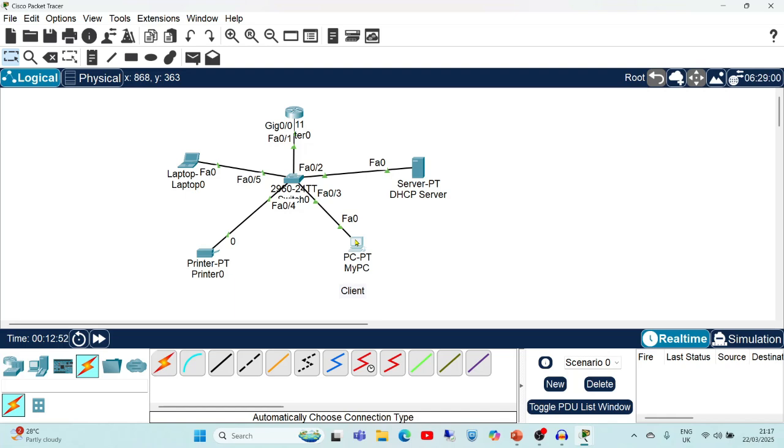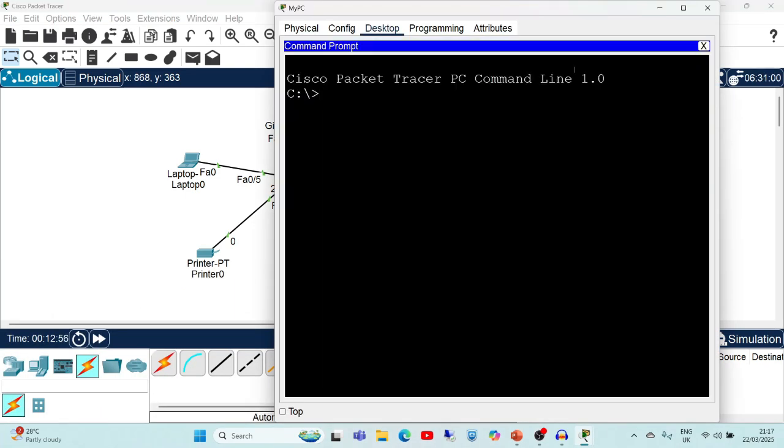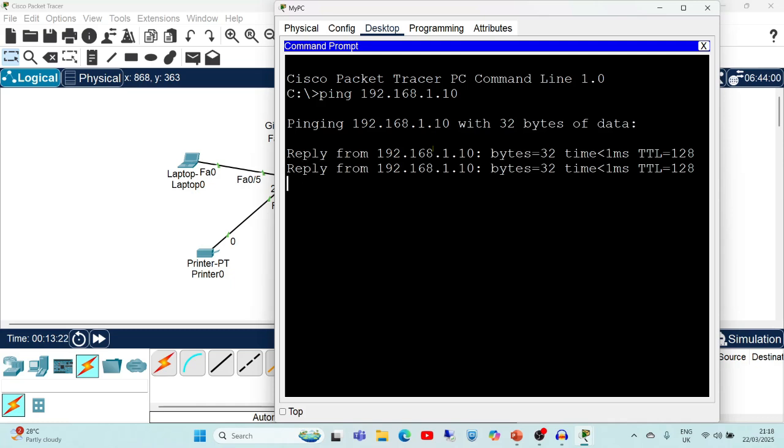So I will select this PC, double click on this PC, select the command prompt option and use the command ping, which is used to test the reachability with devices. So ping, now pass the IP address of the destination machine, and my destination machine is the DHCP server. So I will use 192.168.1.10. Okay, and just hit the enter button.